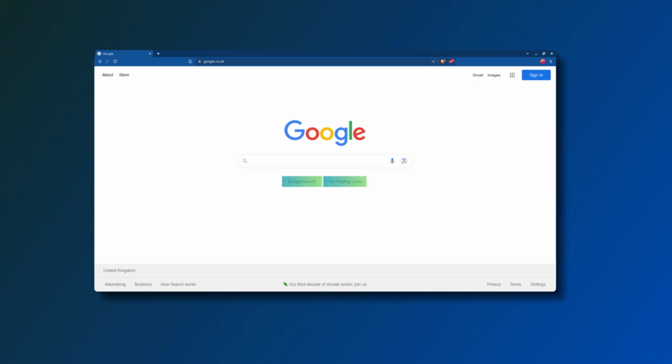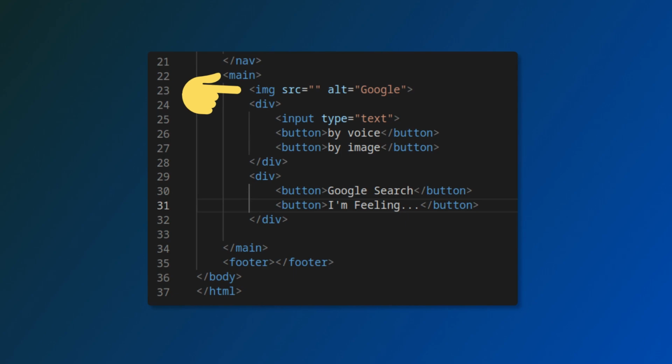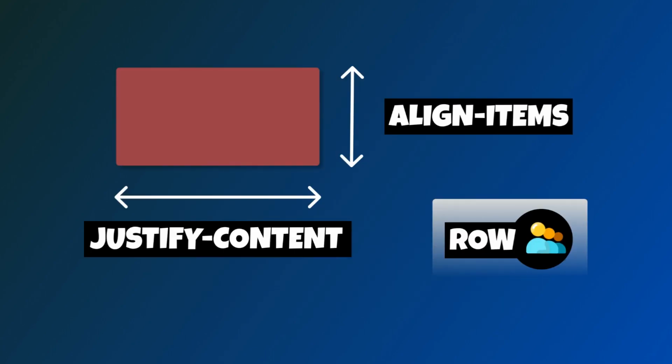Let's return to our code and add everything inside the main element. We'll position the image at the top, followed by two div elements, one for the search bar wrapper and another for the buttons. For now, the image will only contain alternative information as some descriptive text. To horizontally center our content, we typically use the justify content property. However,